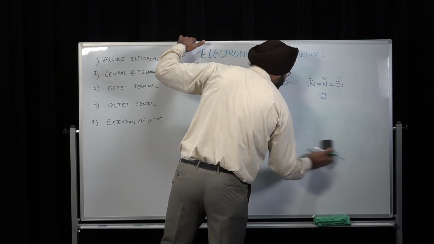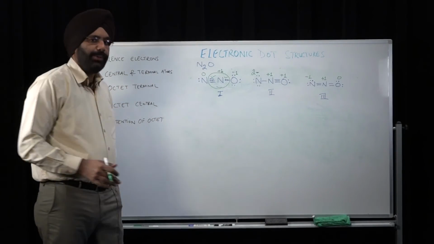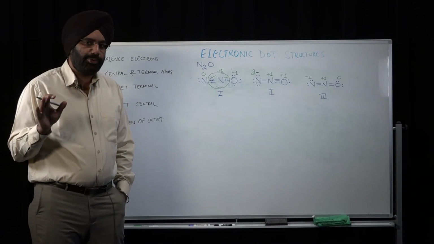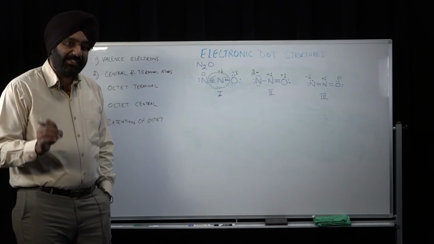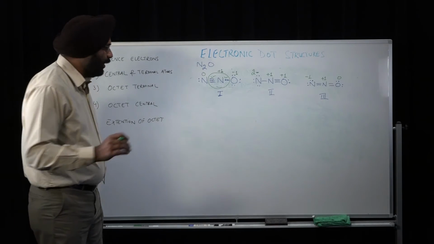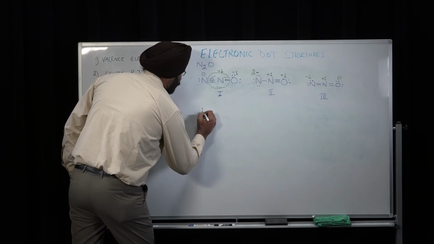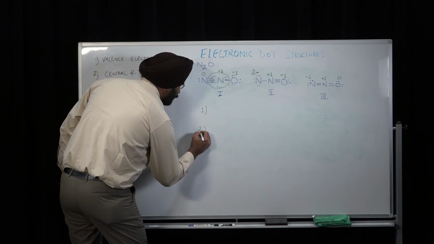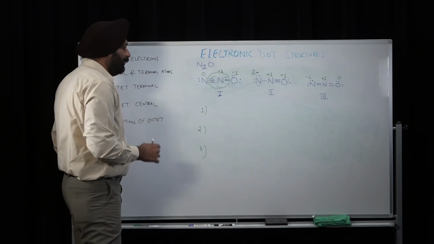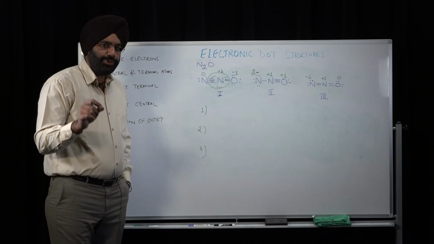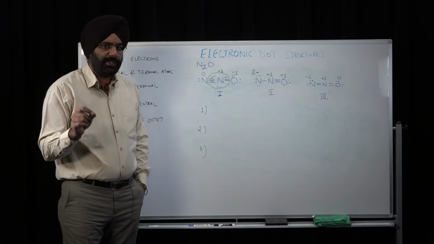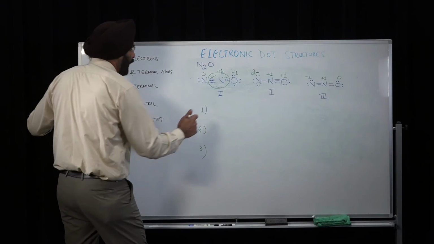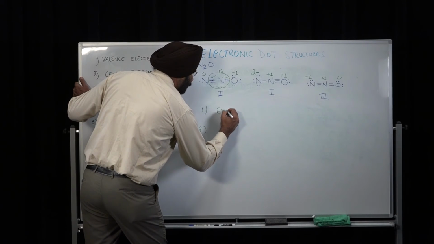Once you have done that, now we have to figure out which is the dominant structure, the structure which is going to contribute more to the actual electronic dot structure. For that, we'll consider 3 points. The first point is that the most dominant structure, or the actual electronic dot structure of a molecule, is a structure where every atom